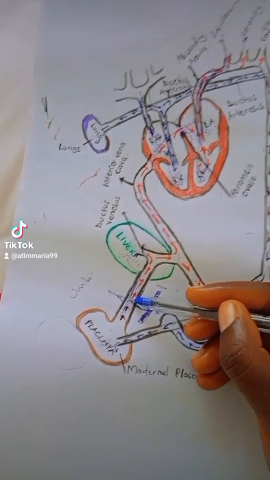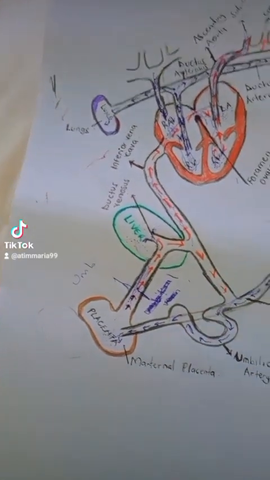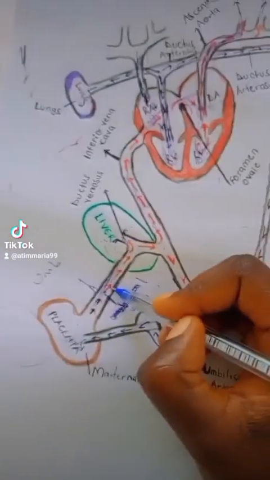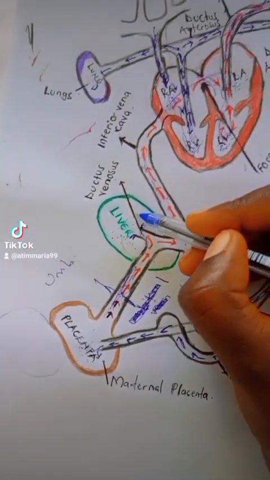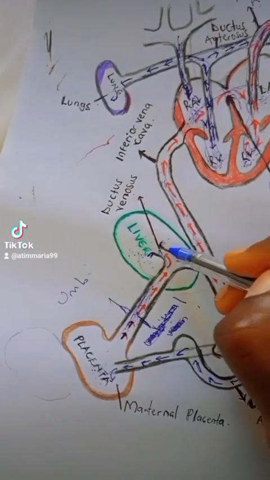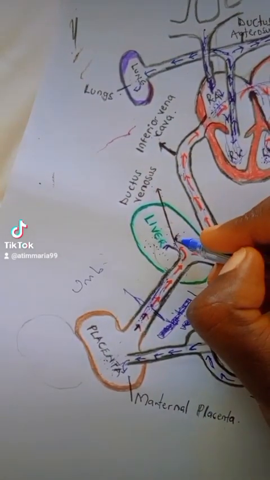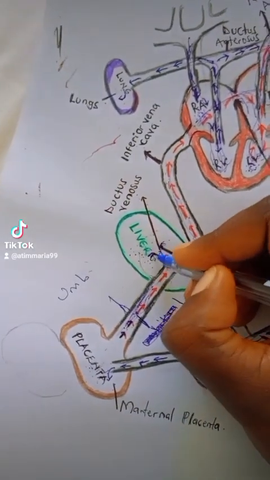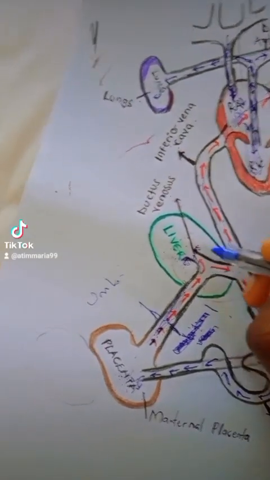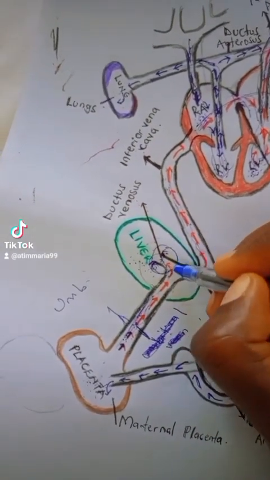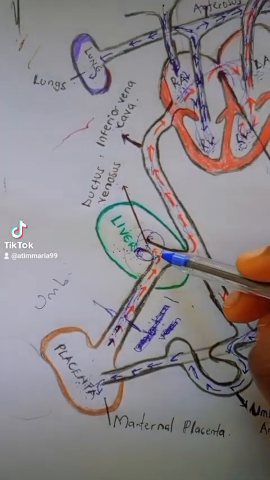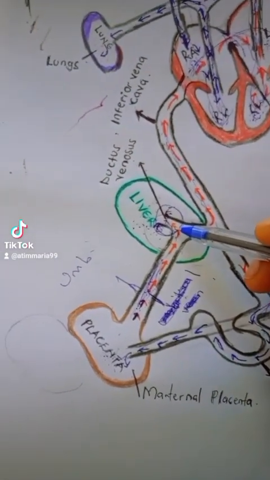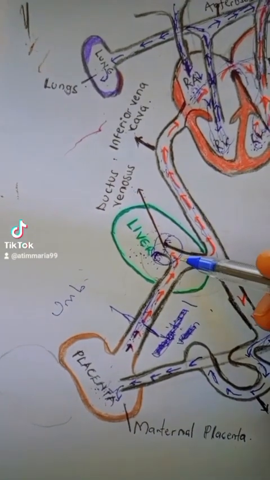This enriched blood flows through the umbilical vein to the baby's liver. This is the liver. It goes through a shunt called the ductus venosus. This is the shunt you're seeing, the ductus venosus. And they're saying a little of this enriched, highly oxygenated blood goes to the liver, but most of it